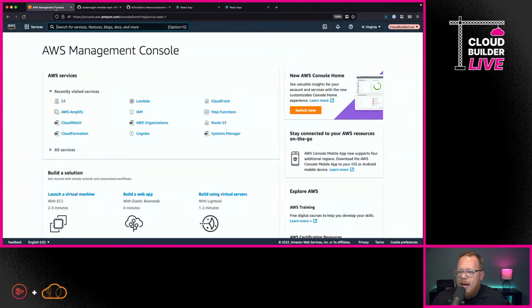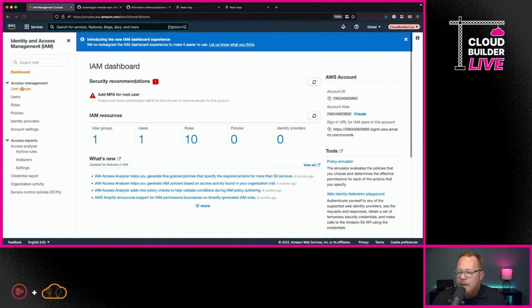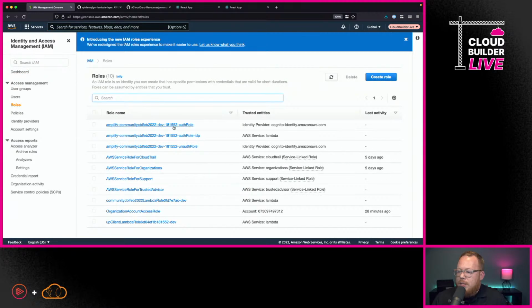So for example, if I go over here to AWS, I can go into IAM, for example, and I would be able to see all of the policies that have actually been defined. So I can look here, you can see here the different roles that are available, and we won't dive into all the specifics of these, but you can see we do have an authenticated role and an unauthenticated role. And so with this, you can go in and see what is configured there.